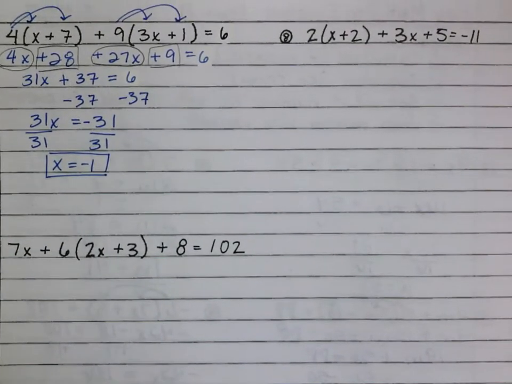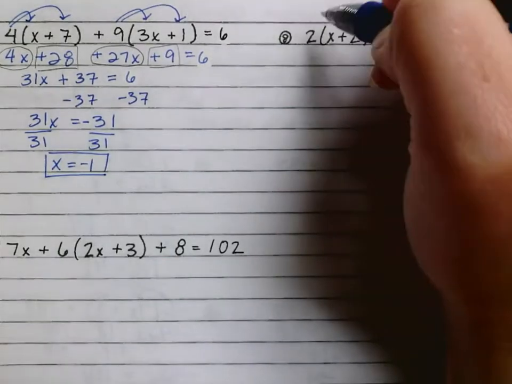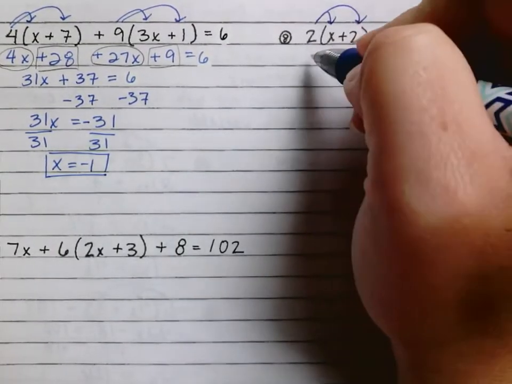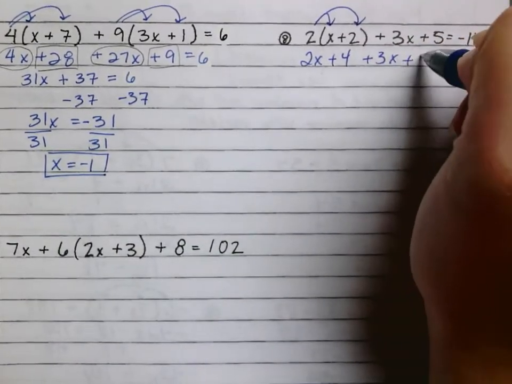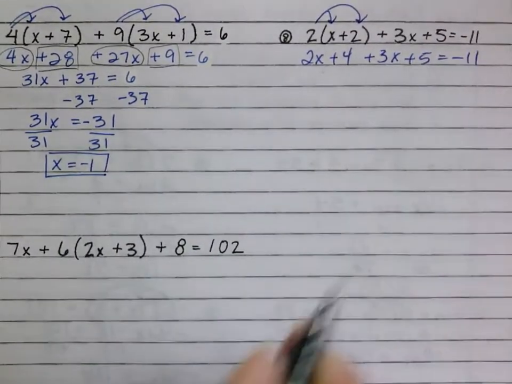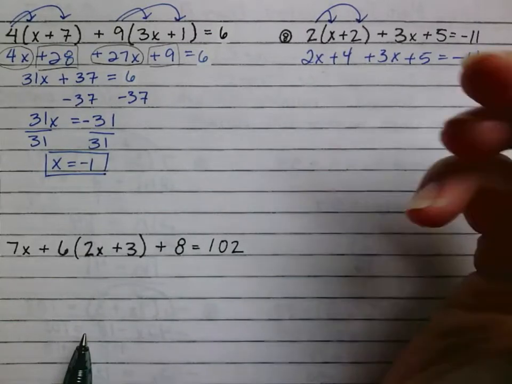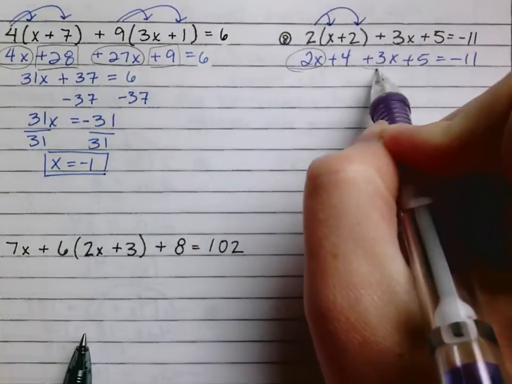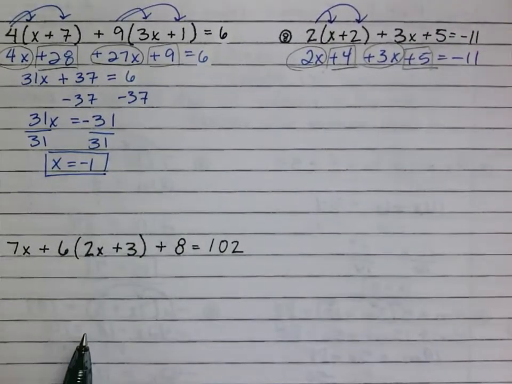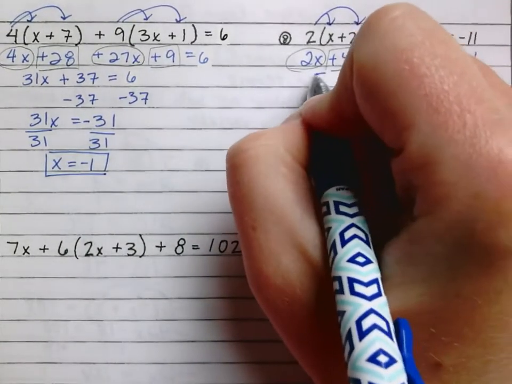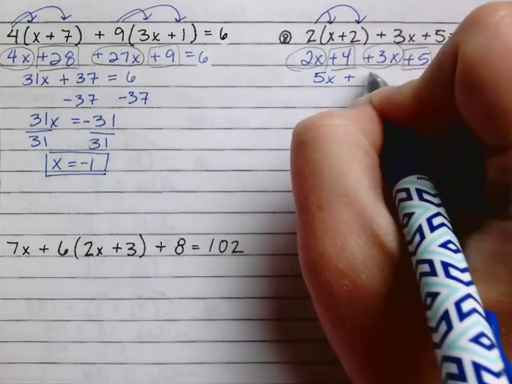In number 8, we have to start by distributing. So we're going to take that 2 into the parentheses. So we get 2x plus 4, and then still plus 3x plus 5 equals negative 11. Then we can combine like terms. So we have a 2x and a 3x, and then the 4 and the 5. So my x's together will give me 5x, and my 4 and 5 together will give me 9 to equal